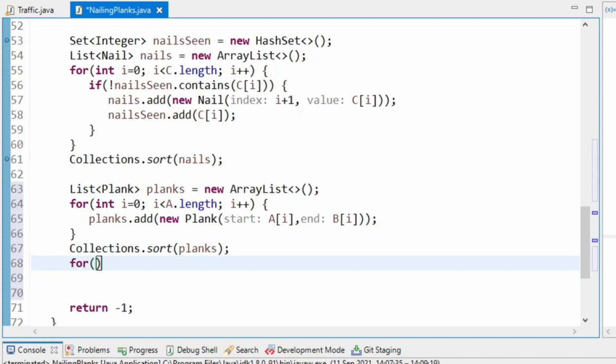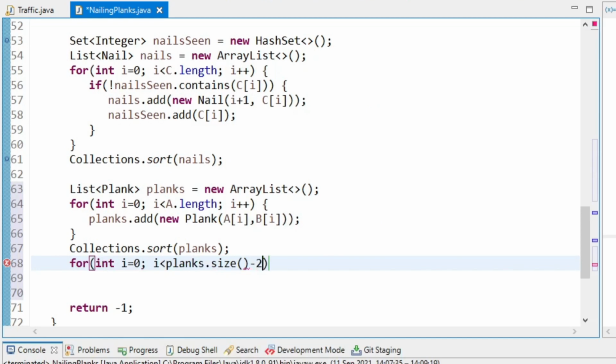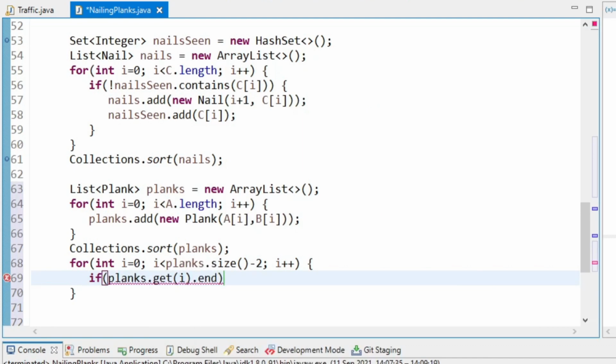So I'm going to go to plank size -2 because I'm going to look at the one ahead. I'm going to say if planks at I end is greater than planks